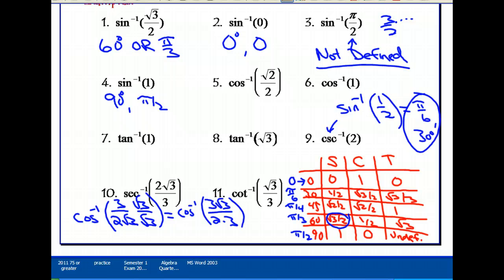Oh, look at that. 3's cancel out. So I've got the cosine inverse of the square root of 3 over 2. That's on my chart. That's 30 degrees. Or pi 6. Similarly, for the cotangent inverse of root 3 over 2, we do the tangent inverse and we